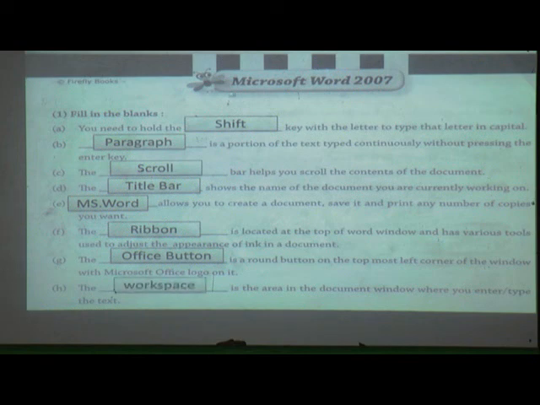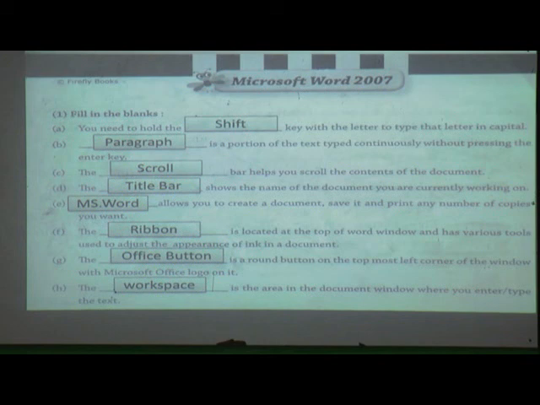Now read with me, everyone. You need to hold the shift key with the letter to type the letter in capital. Which key? Shift key. Next one: a paragraph is a portion of the text typed continuously without pressing the enter key.